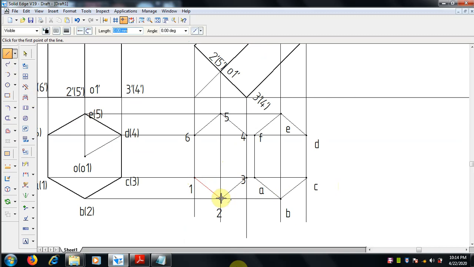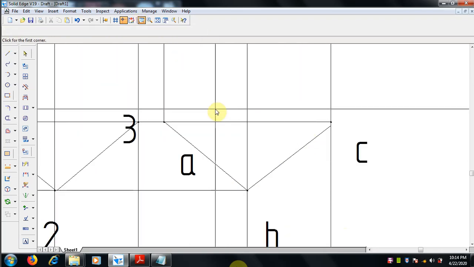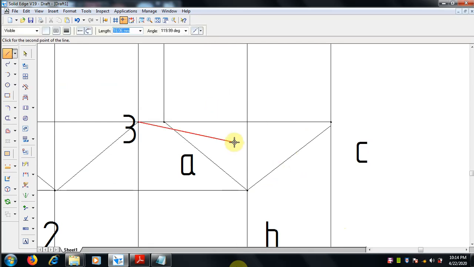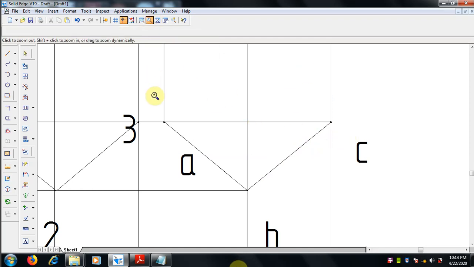Now the straight edges 1A, 2B, 3C, select the end point properly and we have to connect all the things. So if that is the case, yes, 3C and remaining things.